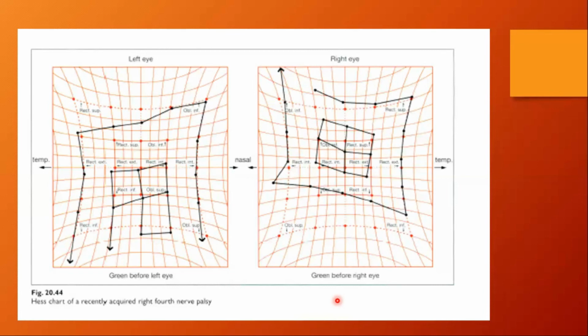Yes, okay, ma'am. And as you see, Kanski mentioned it is recent, or so recently acquired. This is additional information. Recently, because you will see in the next slide, this is related to the physiology again. So in nerve palsy, over time, in the incomitant strabismus, there is something called spread of comitance, so that the secondary changes in the muscles will change the appearance of the Hess chart.